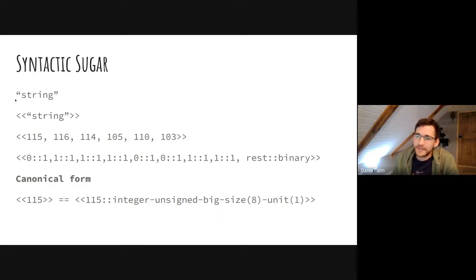So you can either represent it as a string, a binary that looks a bit like a string, or as a series of bytes in integer form. And if you really want to, you can also go down to the bit level and represent that string as bits. Here I've unpacked the first byte into its individual bits. So it starts with a 0, a 1, a 1, a 1, and so on. And then there's the rest of the binary that I'm not going to write out.